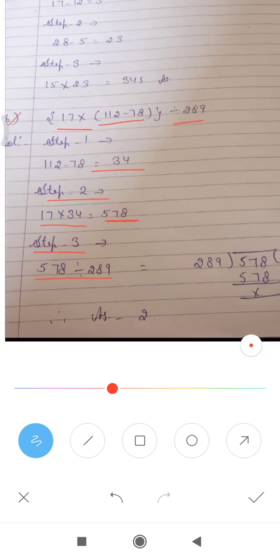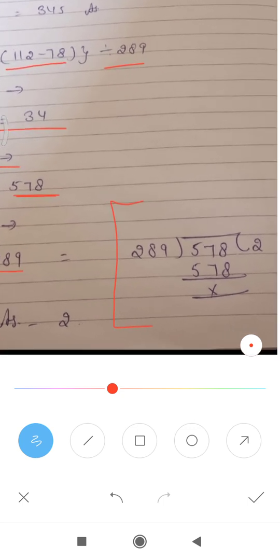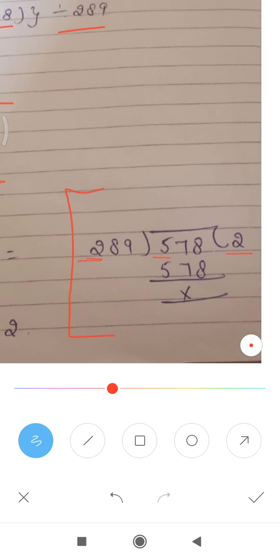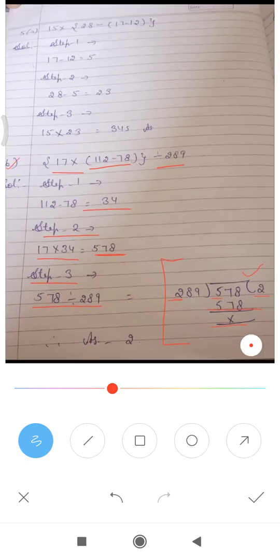Already we have done division, my dear. Still, one I am explaining. See, on the left hand side what is given? 2. In the divisor what is given? 2. And in the dividend it is 5. 2 2s are 4. And 2 3s are 6. 6 is not possible. So 2 2s are 4. So you have to do in rough column 289 multiplied by 2. It will be 578. So the answer, the quotient, will be 2. This will be the answer. Okay dear children.